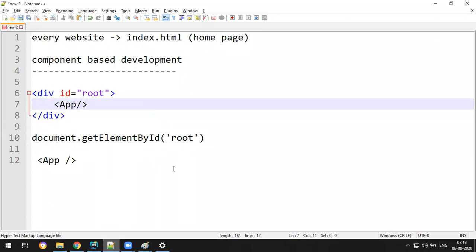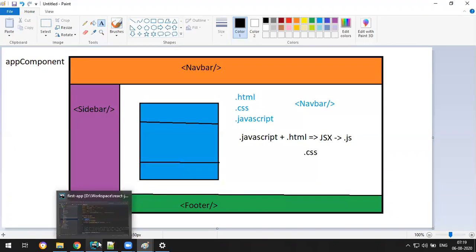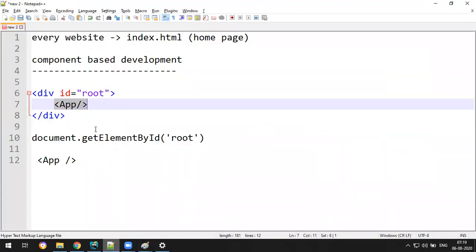What is this App? It is the custom component, as we have discussed. Navbar component, sidebar component, footer component, all these are child components of the parent called the app component.